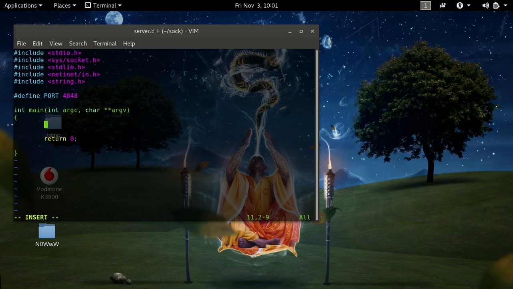So let's create our main program. First we need to create the socket file descriptor, which basically contains an integer, the file descriptor for the socket of the server. int server_fd. And then we want a client socket also, so let's name it client_sock, and then